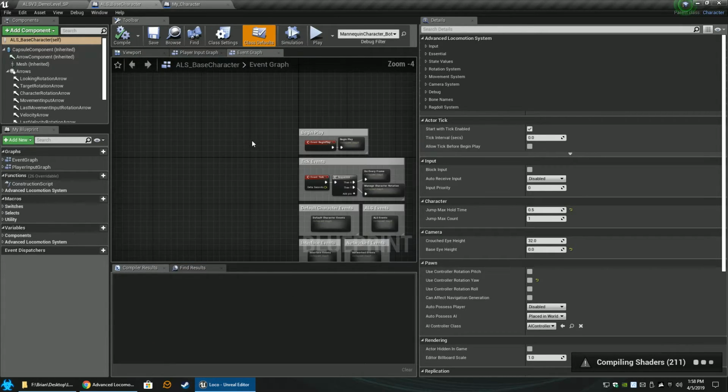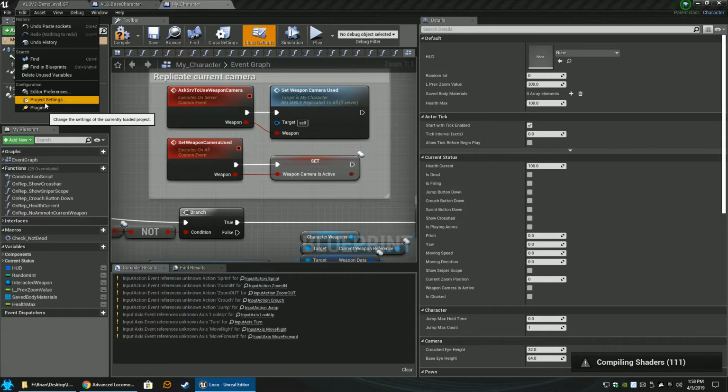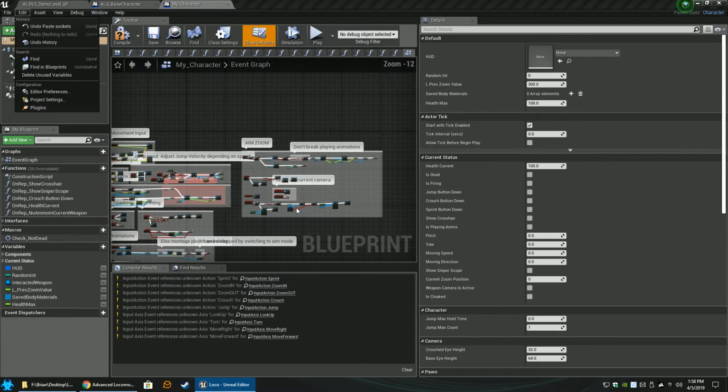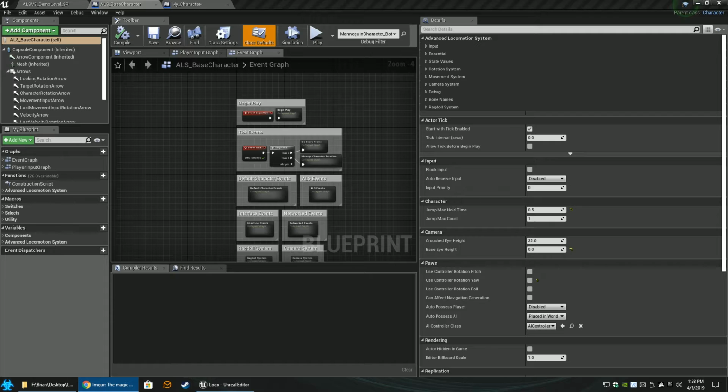You will notice that under my character, there are some errors because we did merge into the locomotion system. Under project settings, some of the inputs they have are not named the same, which is fine because we will fix those later in the process. You don't really need to worry about that. But one thing we do want to do is start creating the variables that we're going to need